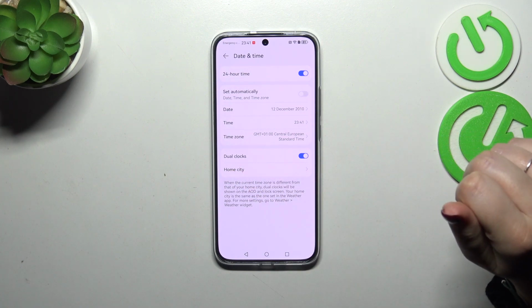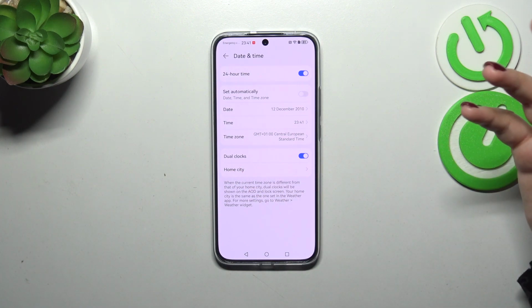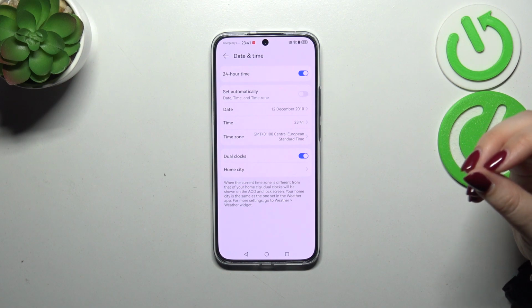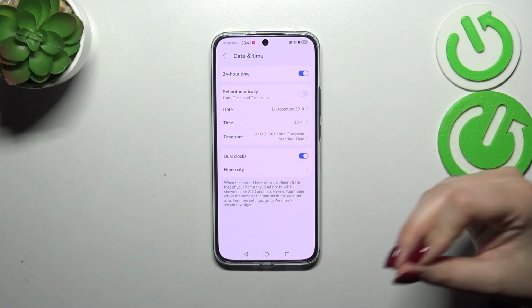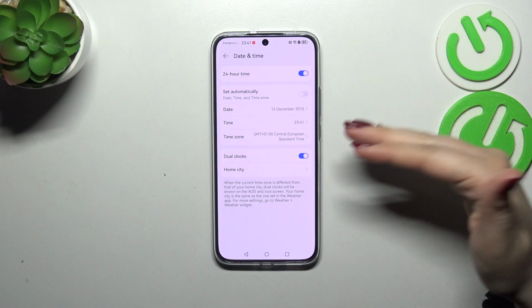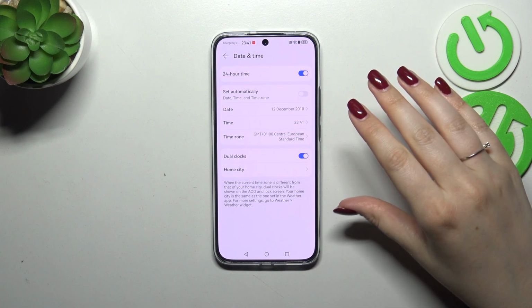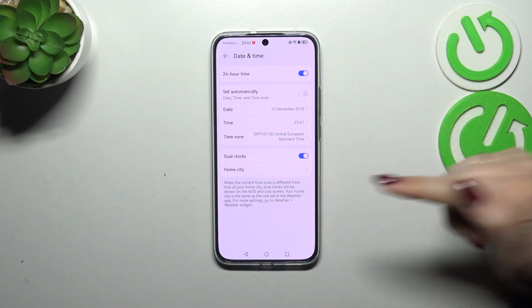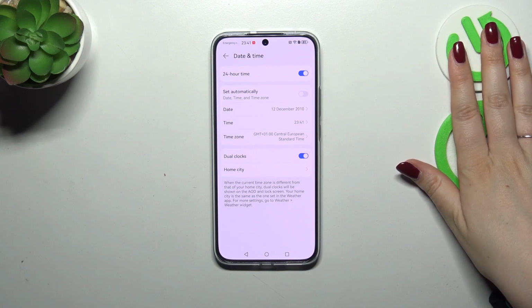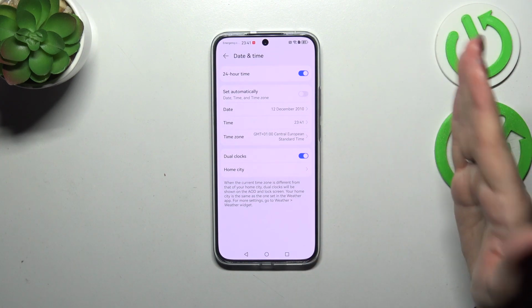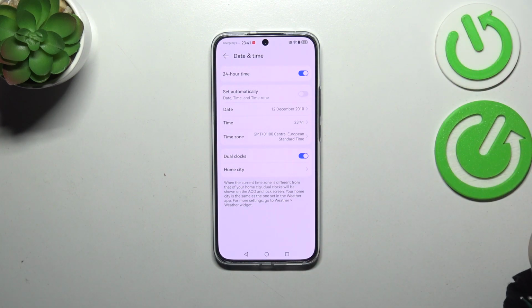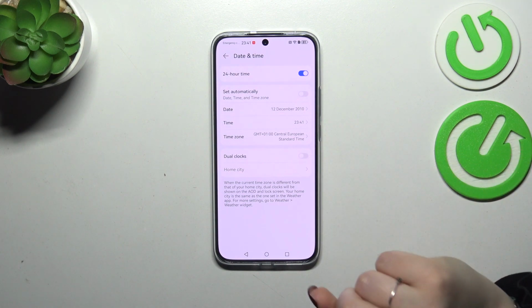Here we've got also dual clocks, so basically the whole idea of this feature is that you can use two different clocks. Your device will display one clock with the time from the place you're currently in, and the second clock with the time from the second place. So it's up to you whether you want to use it or not, just by using the switcher,